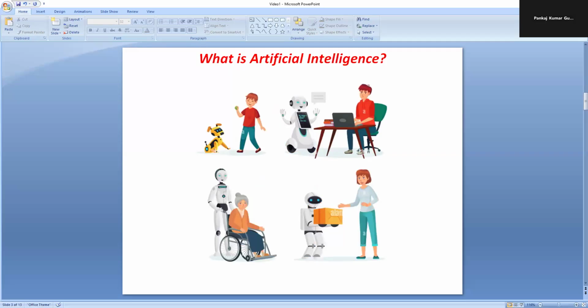What is artificial intelligence? Artificial means made by humans, something that is made by humans. And intelligence means the ability to think and learn. So artificial means made by humans, intelligence means the ability to think and learn. Now we'll combine these both together. So artificial intelligence is created by humans and given to a machine. It is something like an artificially manufactured intelligence, and we provided it to a machine to work on.